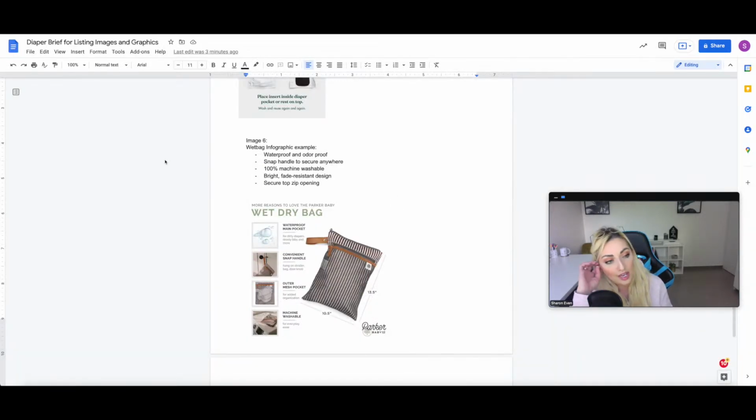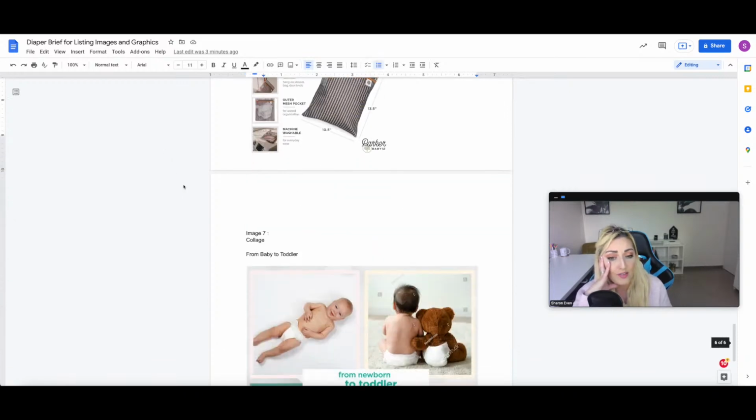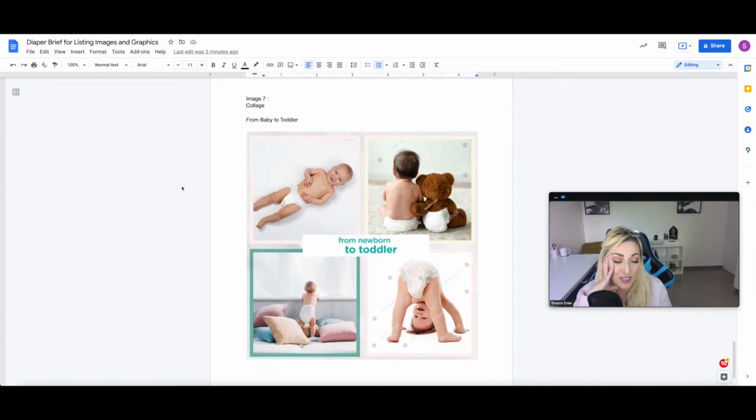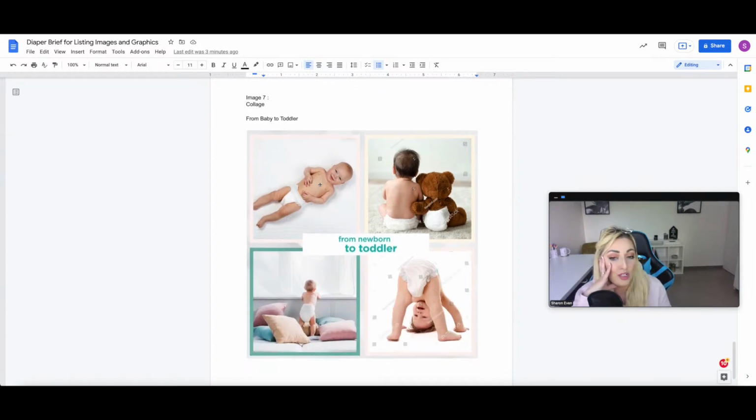And then previous to this, they only had one lifestyle image of a baby, and it was pretty badly photoshopped, basically. And I really wanted to put as many babies as possible in there. So I went on Shutterstock and found images of babies basically, and got my graphics designer to